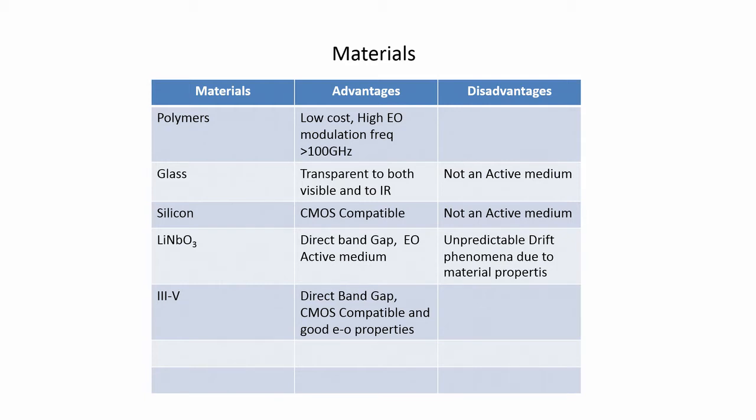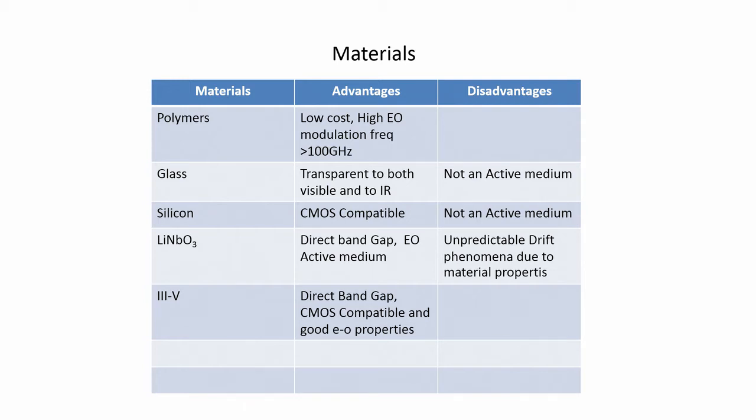Then of course, lithium niobate is a crystal. There are many crystals which have very useful properties like the electro-optic property, and they can be used to make dynamic devices. But some of the important problems with lithium niobate are the drift due to variations in the material properties, etc., which is not very desirable. So, the stability of the material and the device properties is an important problem,